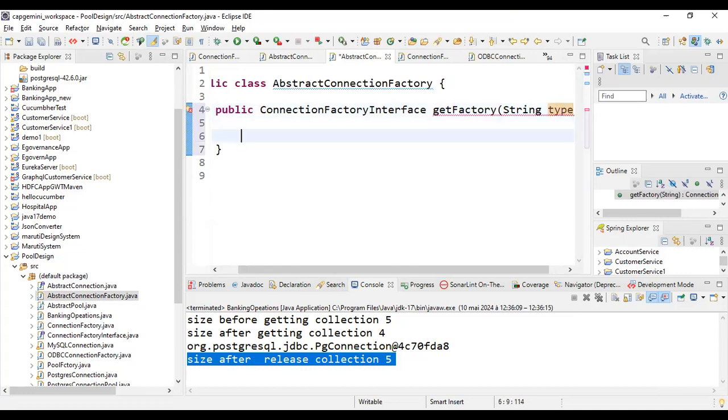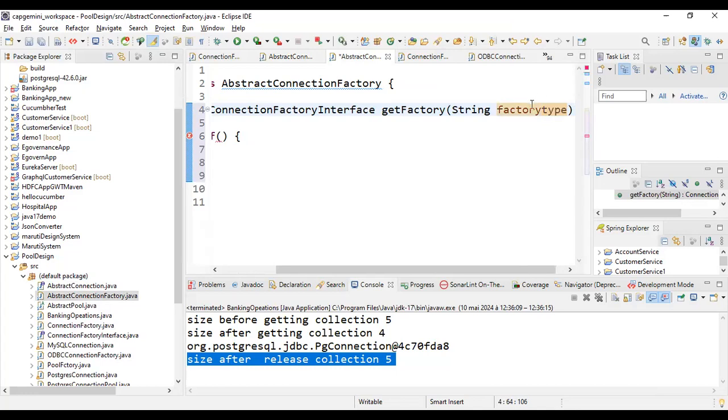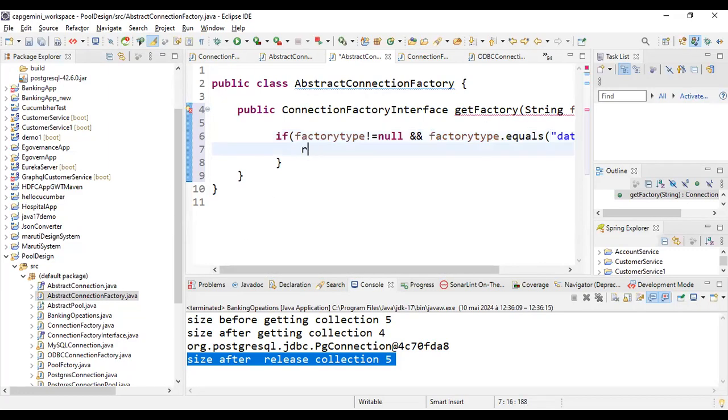So in the abstract factory, if the factory type is not equal to null and factoryType.equals database, that is RDS,